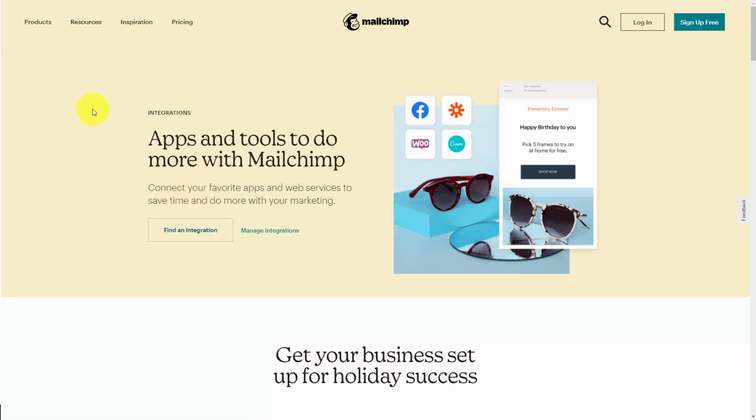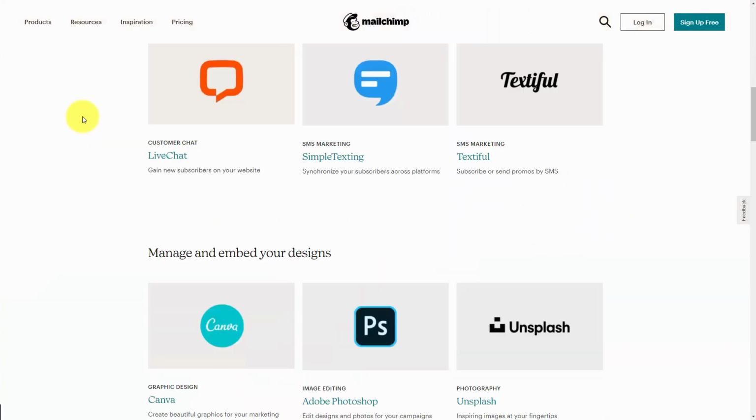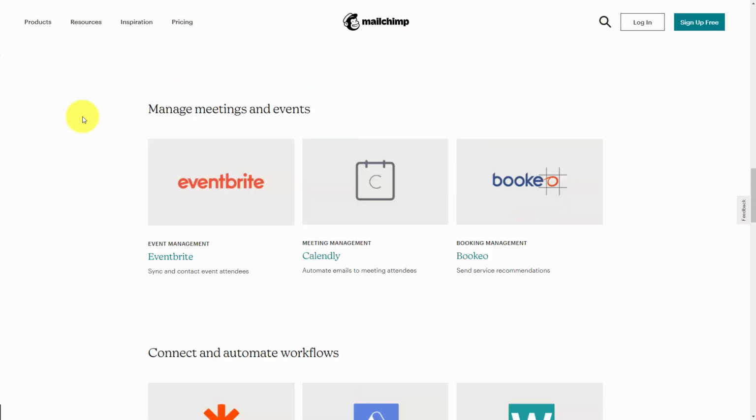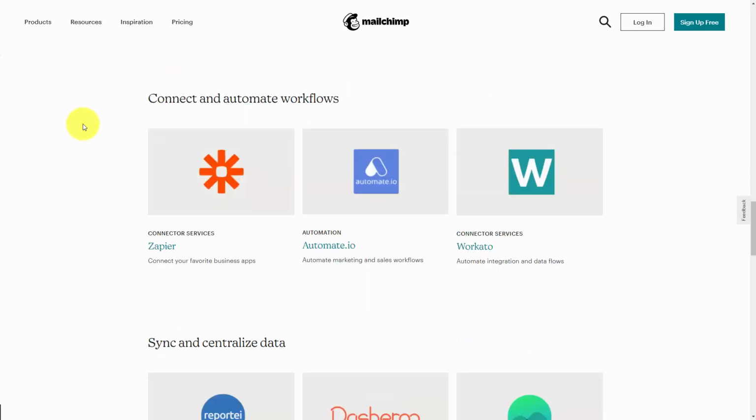In some cases, you may need to have Mailchimp integrate with a system that you are using, but you don't see it among those that Mailchimp integrates with directly. When that is the case, you'll need to look for third-party cloud-based connectors, and Mailchimp works with 3. One is Zapier, which is the oldest and perhaps the most well-known, but there is also Automate.io as well as